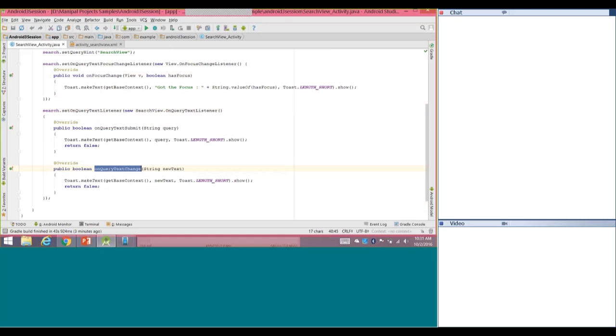On query text change is called whenever you start typing, in the sense that you either enter a character or delete a character. I repeat once more, whenever you start typing or deleting characters inside the search view control, this function is called. And whenever you click on the search button,